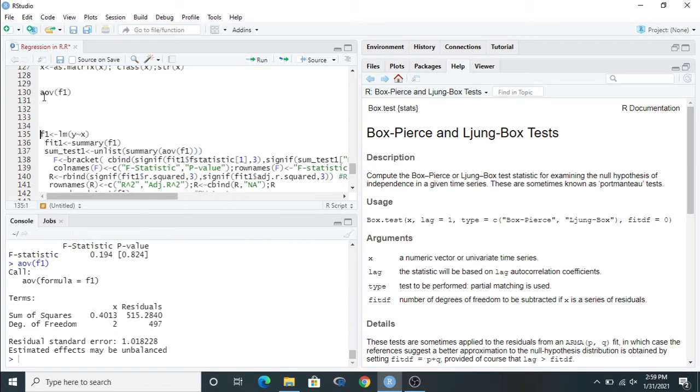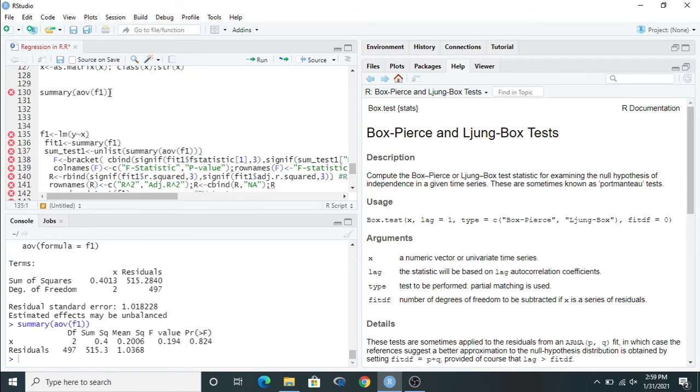Just run this and you can find this is the result of ANOVA, but the f value is not showing here, so we can use summary. Start the bracket, put the aov, and close it. Run this and you can find this is the result, which in a systematic way indicates the degrees of freedom, f statistic and p value.